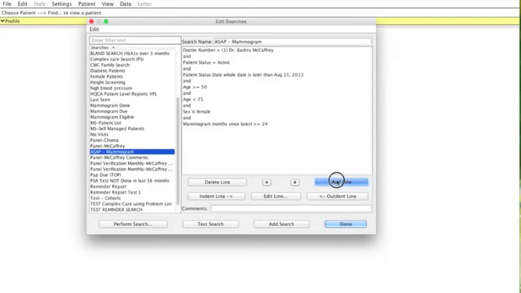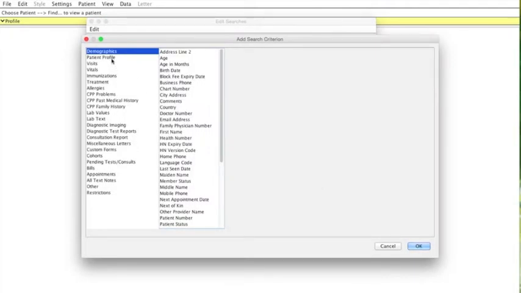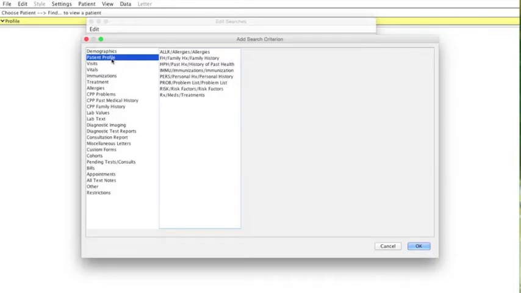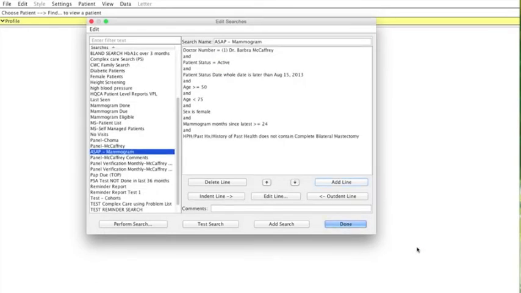So we go to Add Line, Patient Profile, and you select this HPH, past history, etc. And you want does not contain, so that's the exclusion criteria. And in this test system, we'll call it complete bilateral mastectomy. So type that in, click OK, and then all patients that have had a bilateral mastectomy will not be included